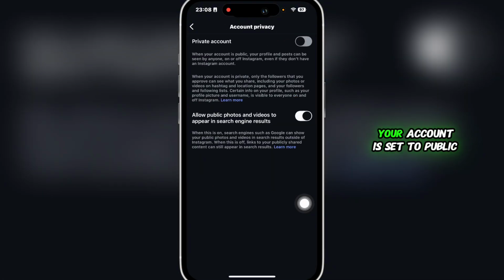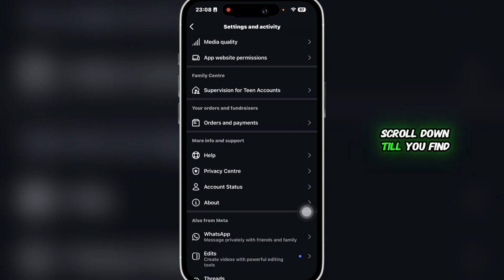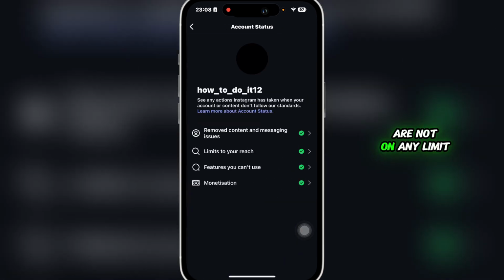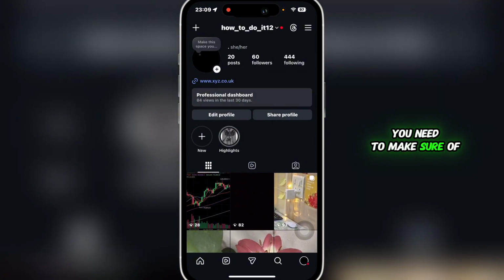You're going to make sure that your account is set to public, and then you're going to go back, scroll down till you find the option of account status, click on it, and you're going to make sure that you are not on any limit and your account is working well. And then you're going to go back, and then next thing that you need to make sure of is that